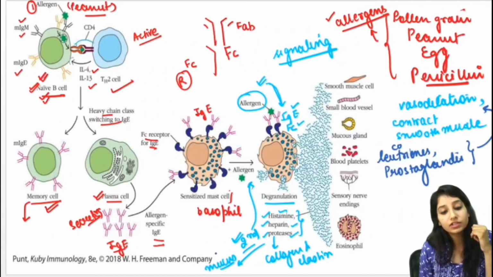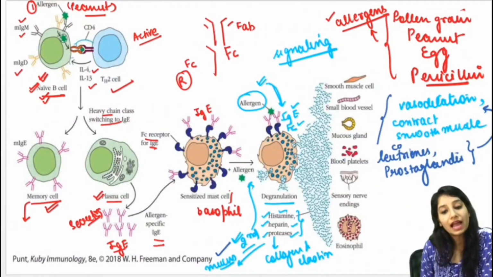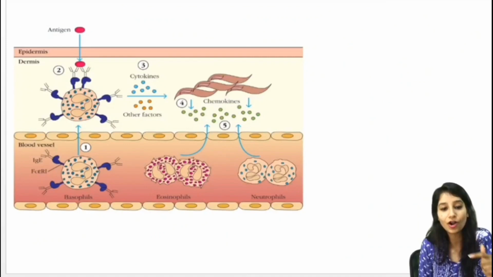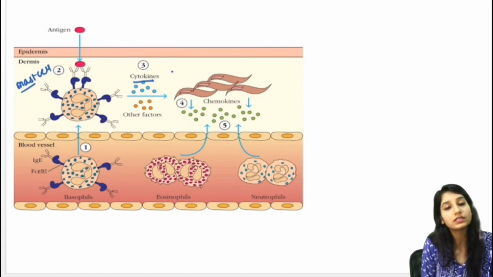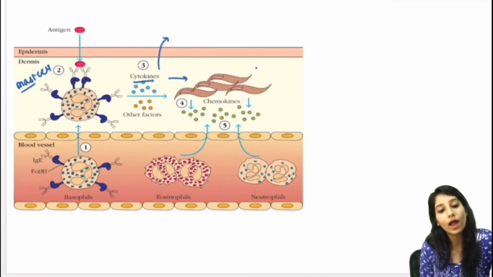With that, mucus secretion is also occurring in your bronchi and bronchioles, due to which the path is once again blocked and less air will pass. So all these conditions will occur. With that, blood platelets will also accumulate in the location where all this is happening. And the condition is not over. These mast cells will also release some cytokines. What are cytokines? These are molecules that will activate other cells. So these cytokines will go and bind with some other cells and activate them.